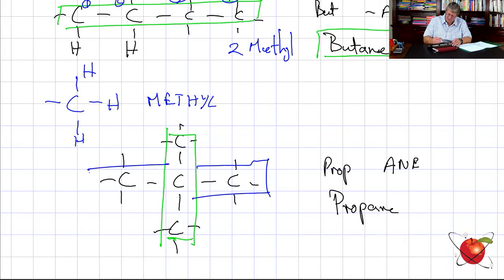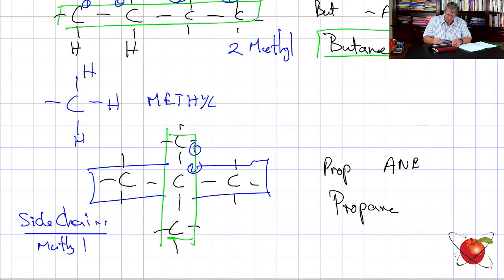There's one, and there's one, sitting over there like that. So what do I say? All right, these 2 side chains, identify them. They are both methyls, and they are on number 2. Okay? So therefore, now I have a little column for my side chains. I have got a methyl on 2, and I've got another methyl on 2 as well. All right? So therefore, I have got 2 methyls, which makes it called a